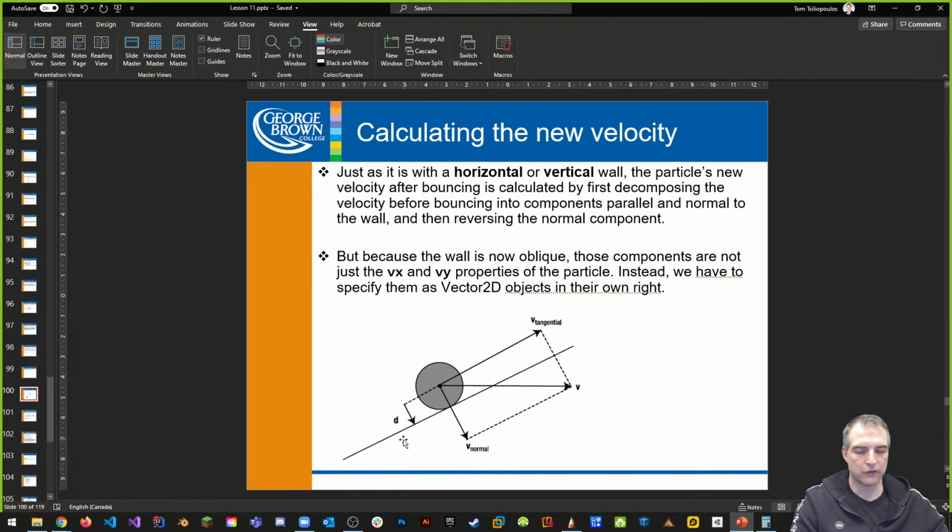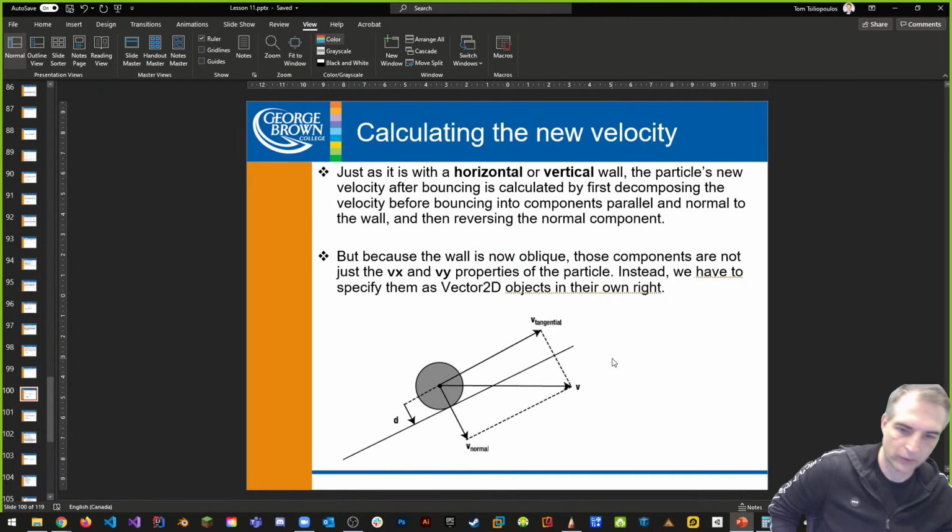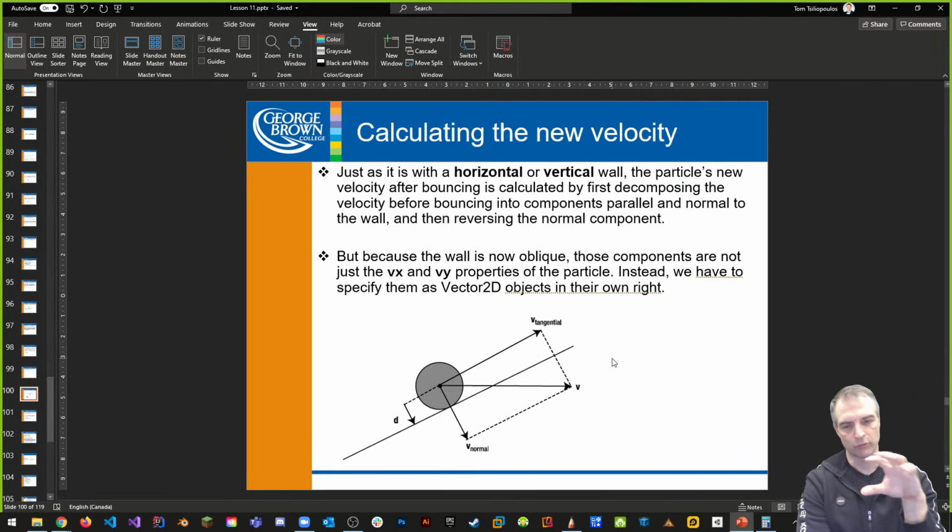If it's more than 45 degrees from the horizontal, use a vertical adjustment. Okay. If it's less than 45 degrees, use the horizontal adjustment. In other words, rotate the whole coordinate frame to the horizontal. That's much easier than trying to calculate things this way. We want to adjust things that way, like you normally would. So you rotate the coordinate frame, make your calculations, and then rotate it back. That's what you're doing.